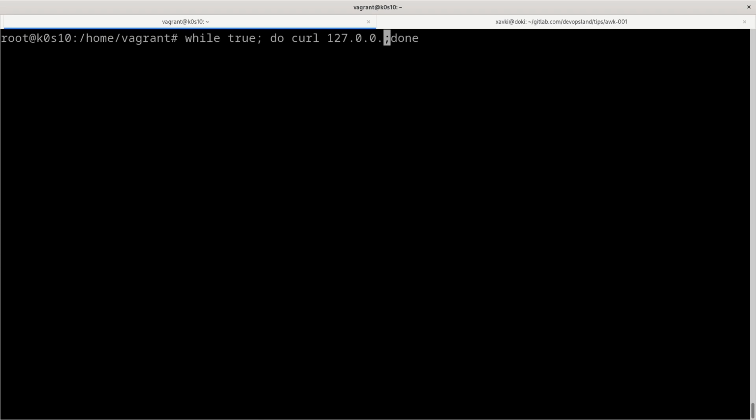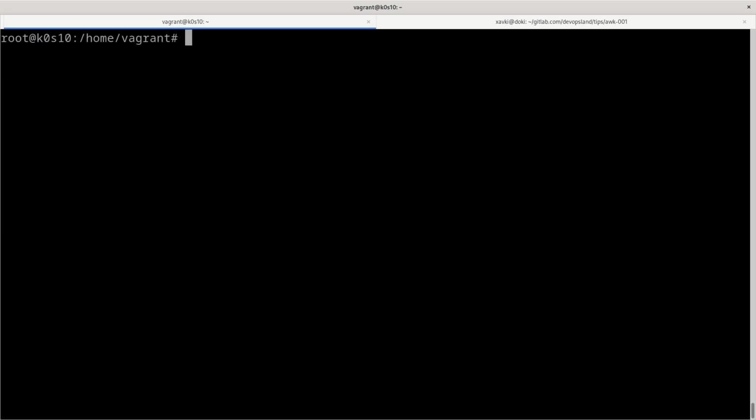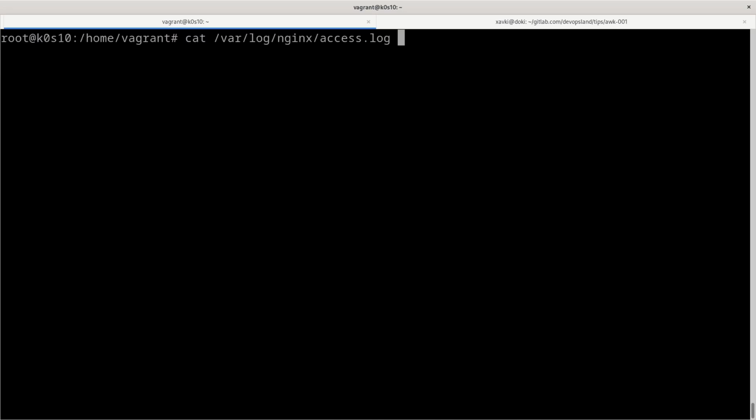And after that we can work on the /var/log/nginx/access.log. If we check /var/log/nginx/access.log, you have many lines, and we can begin to use Awk.